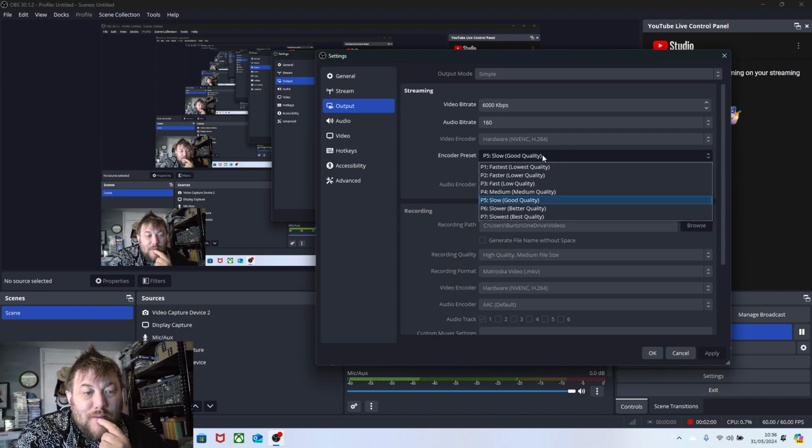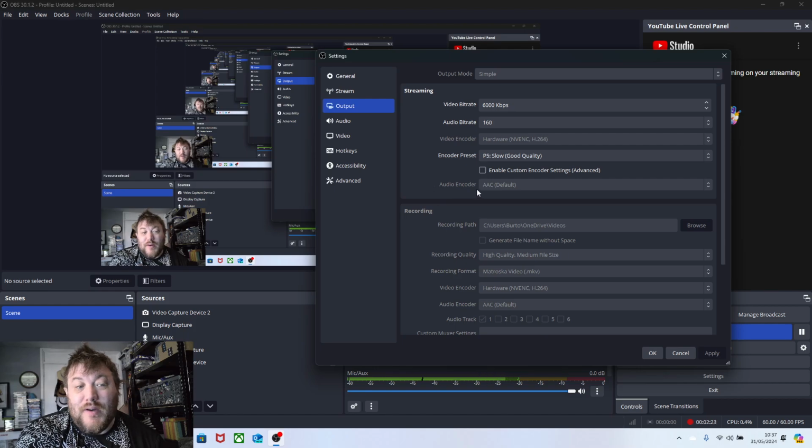So here we go. So you encode a preset. The higher it is, the better your quality. But if your system can't handle the higher quality, then you want to put it on, say, P2 or P3. As you can see, mine's on P5 because I'm using a gaming laptop as my streaming rig. But if you have a look at that as well,